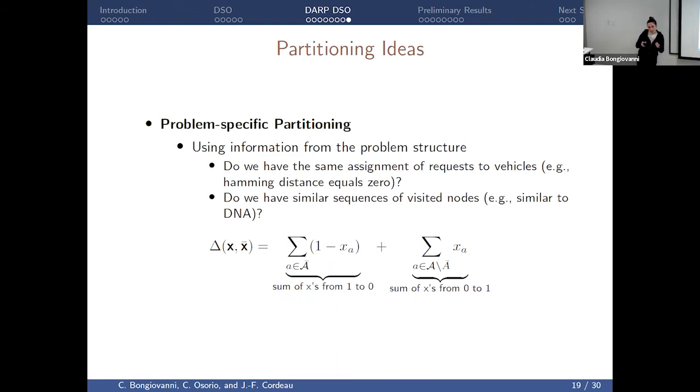Or we can also look just at specific segments of a route. Maybe two routes are not all the same, but part of the route is the same. So maybe some customers are very easy to schedule, but some of them are not so easy. Essentially, we would be looking at sequences of visited nodes, like in DNA, right? So sequences of